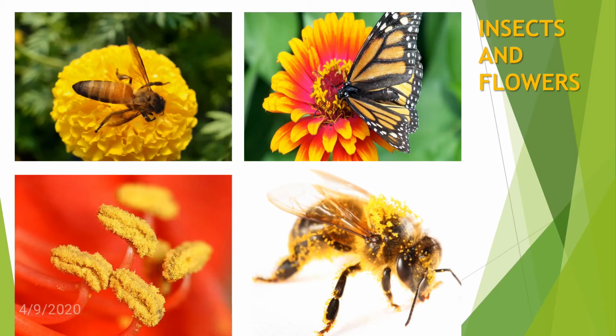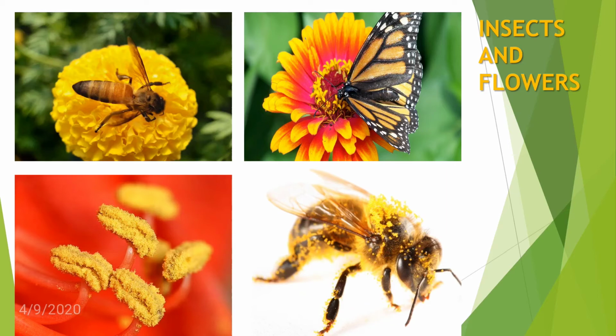You already know that bees and butterflies suck nectar from the flowers. But they also do another important task. They help flowers in making fruits. How? Fruits are formed when the pollens of a flower are transferred to the carpel of another flower of the same type. So, when the bees and butterflies come to suck nectar, the pollen stick to their bodies. When they visit the next flower of the same type, they deposit the pollen on them.